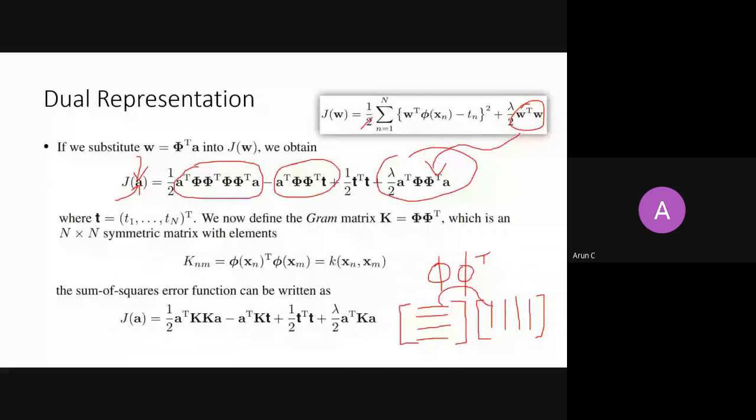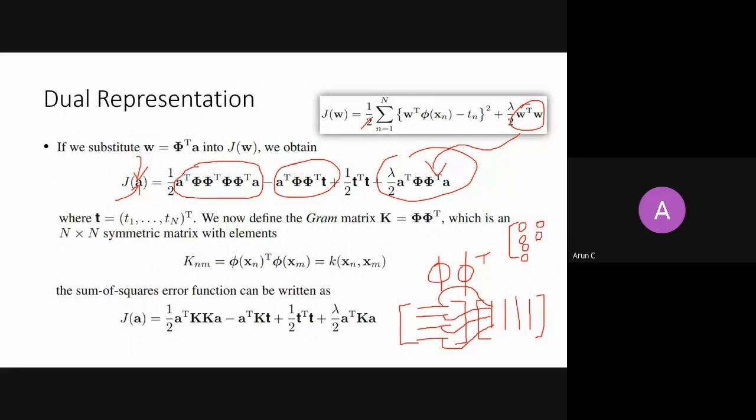So it is a dot product between X itself, right? Then you take this row with this column. It is a dot product between the second sample and the first sample. Dot product between the third sample and the first sample. Dot product between the fourth sample and the first sample. So when the product matrix comes, you get the dot product with itself, with the second sample, third sample, and fourth sample. Likewise, you will get entries here.